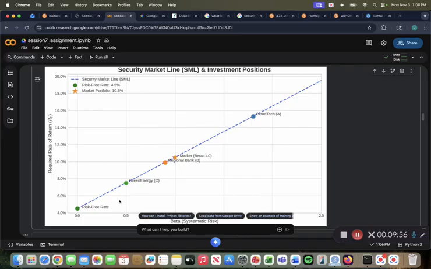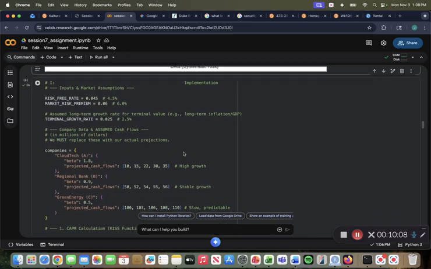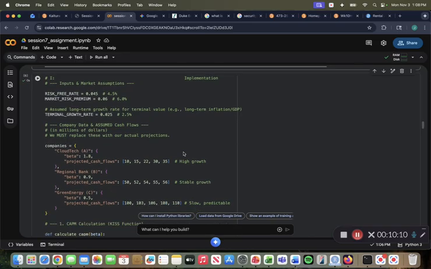So they won't be scattered around here. They'll be on the same line. In a little bit, in the validation stage, we'll come back to this line with some other companies used for validation. But for now, we'll move on to the implementation stage. So for the implementation stage, what I did here was